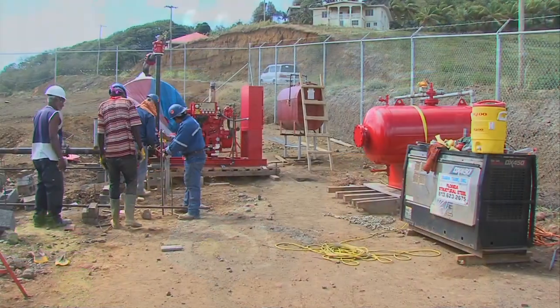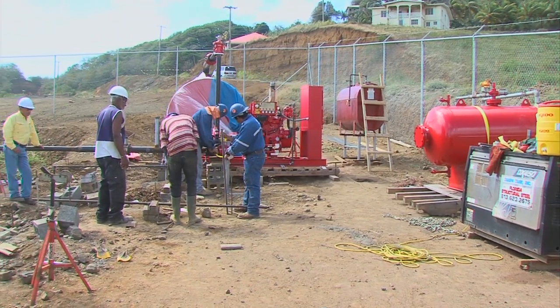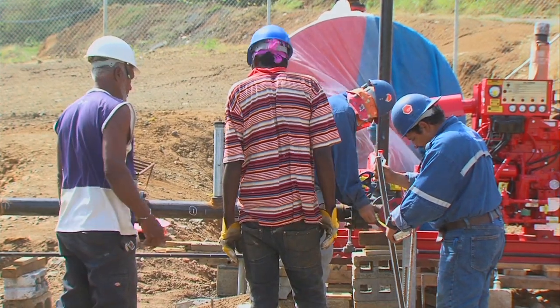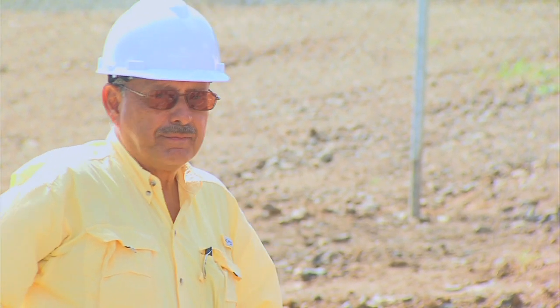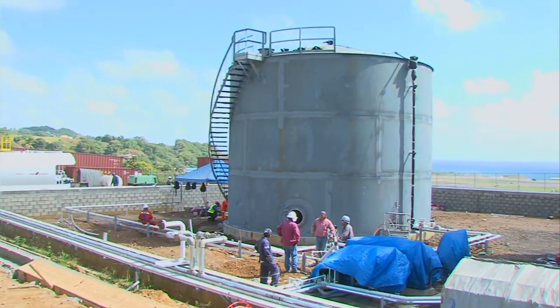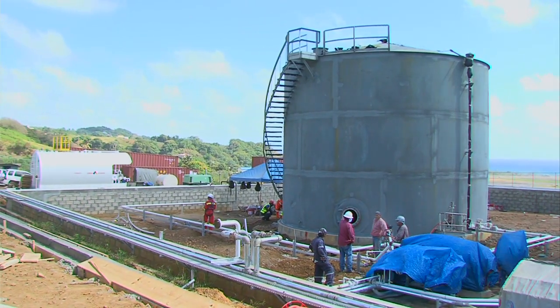all of their requirements. I want to stress this point to let you know that the fueling facility at Argyle is not something someone just conjured up as what we want to do. It has to meet, and it will meet, all of the international standards. It was built to the international standards. So you have a facility that meets international standards and will be ready to operate when the airport goes into